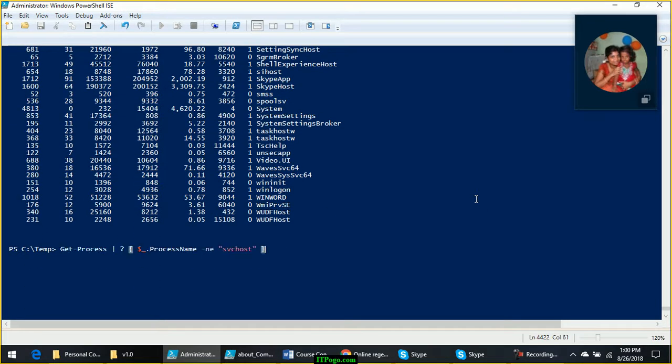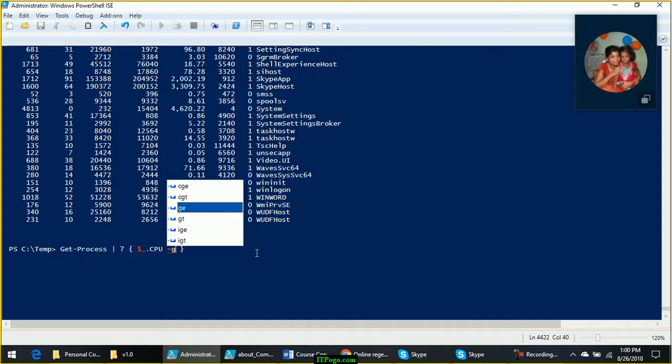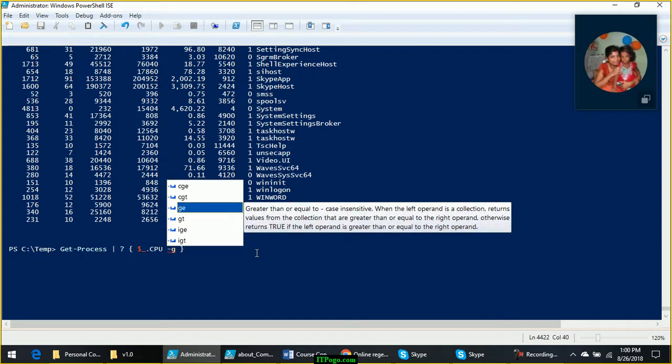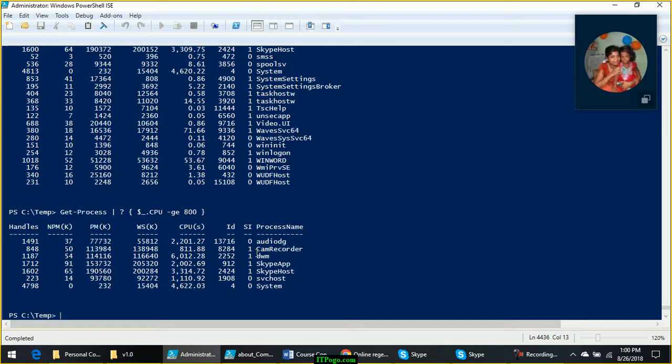So let me put another condition, where, just to keep the result short, dot CPU is greater than or equal to 800.